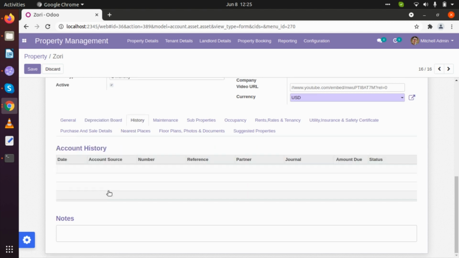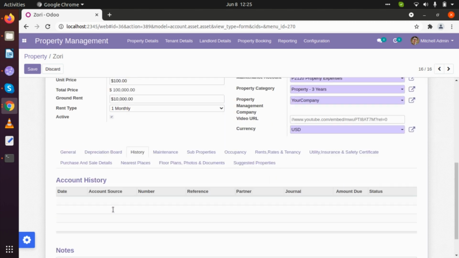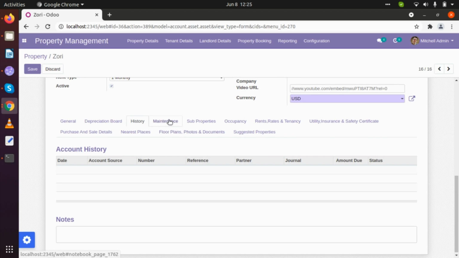Then there is a history tab under which there is account history. If any payment has been made, or let's say a tenancy has been created, then its payment details will be added here. As we are creating a new property, it will currently not show anything. If there is any maintenance and repairs done for this property, that will be added in the maintenance tab.